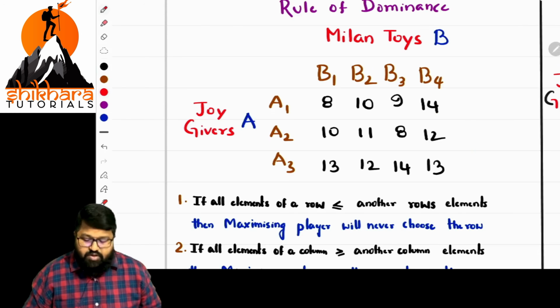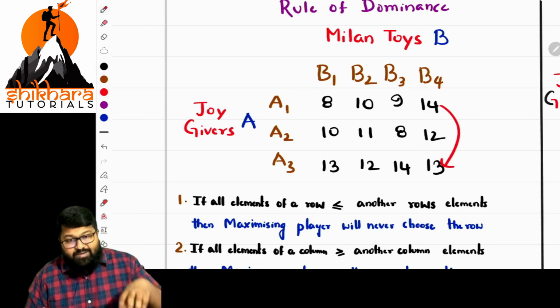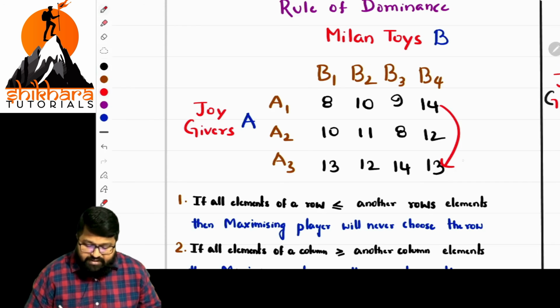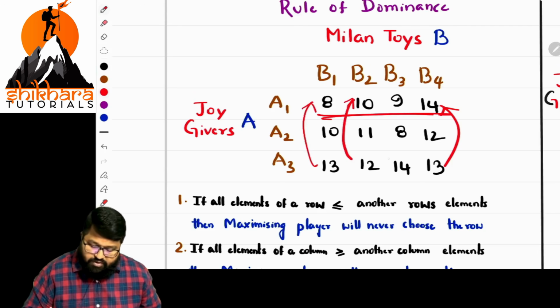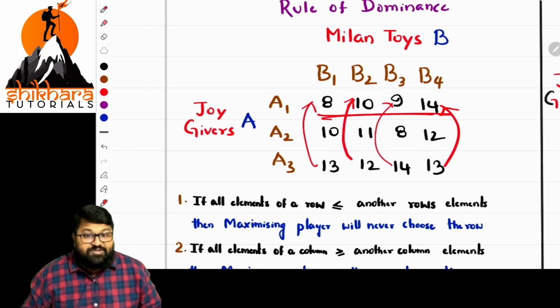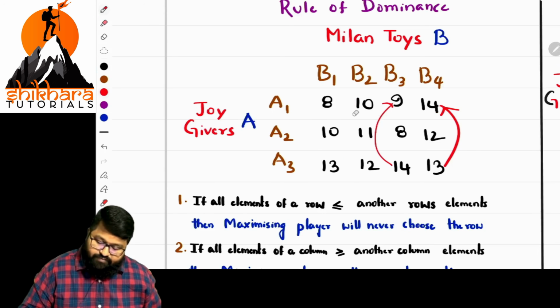Now check the column parts. Why? Because the row to be eliminated should have the least values. Here it is more. We are comparing this with this, it's more. And here it is more again. Here it is also more. Here it is also more. So it is better to eliminate that part now. That will be a good, effective thing. Okay, let us see.